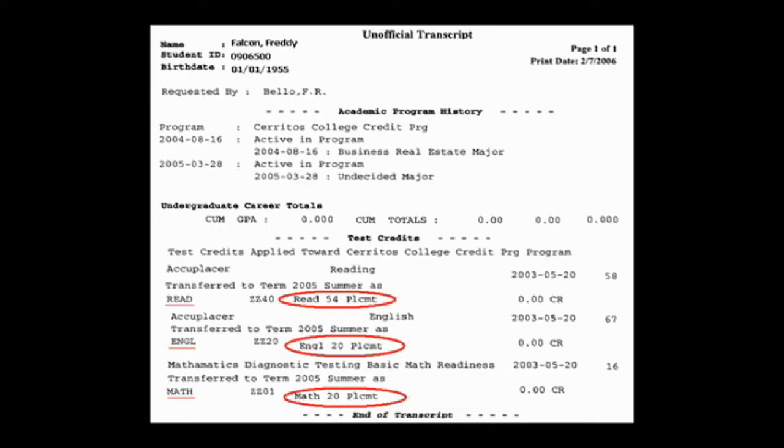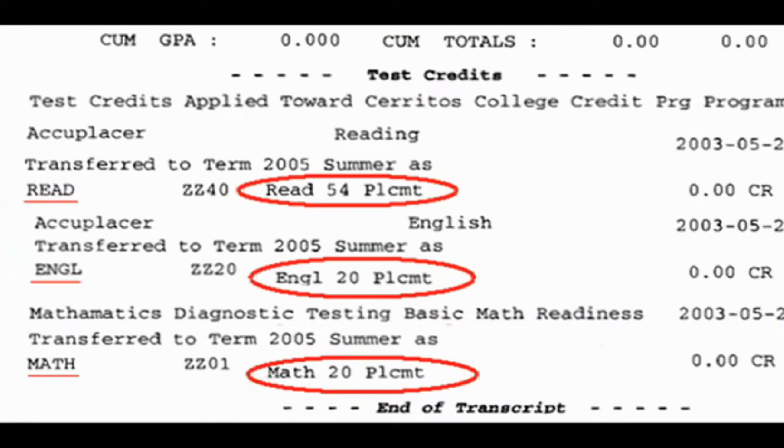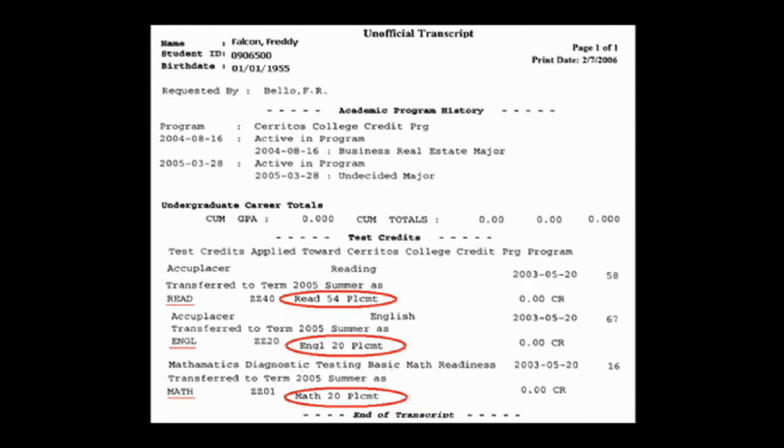Let's review this unofficial transcript. Focus your attention to the bottom of the transcript, and you will see an assessment score of Reading 54, English 20, and Math 20. These are some of the first courses you should attempt to complete at Cerritos College because they allow you to move closer towards certificate and/or AA degree completion, while also preparing you to complete transfer level